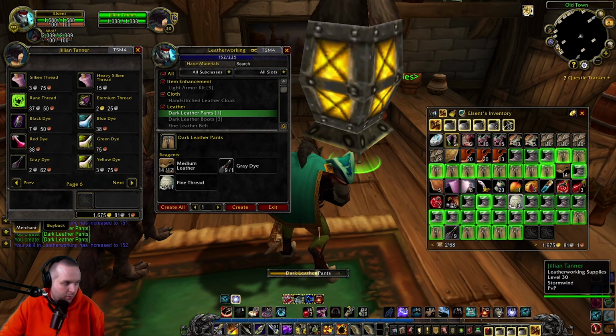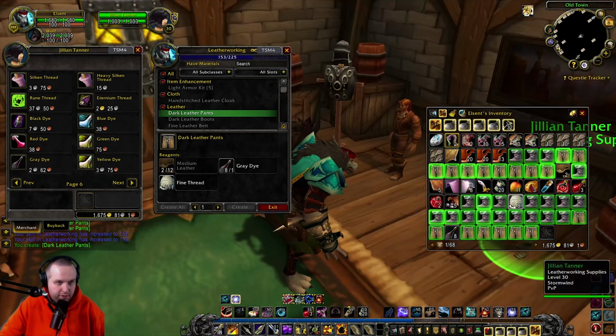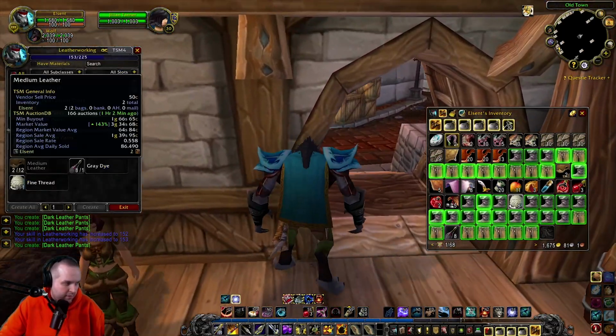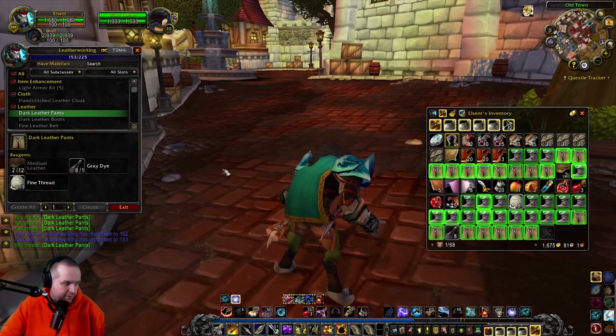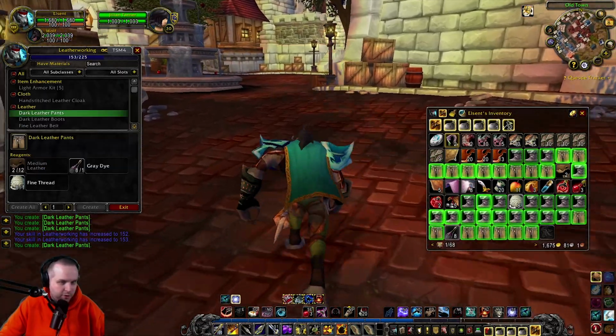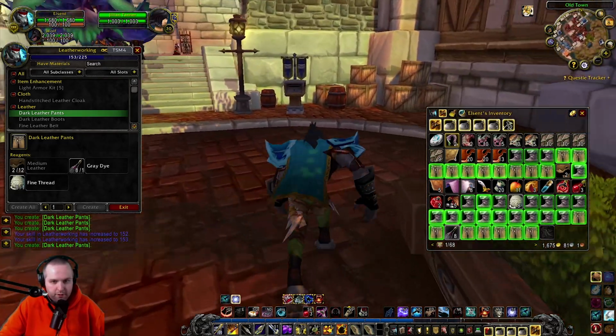Alright, so there we go. We got to 152, 153 here. Not too bad. And then once we get to 155, we get into heavy hide. So we're pretty close to being done with the medium leather. So let's